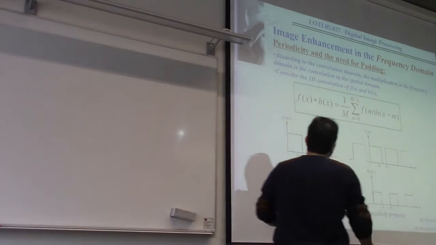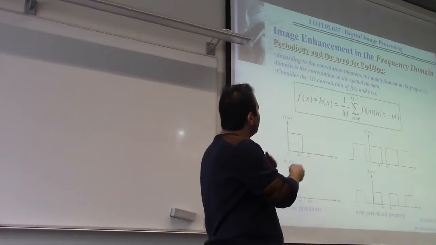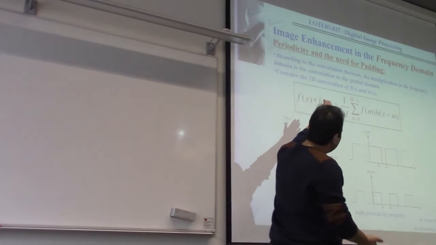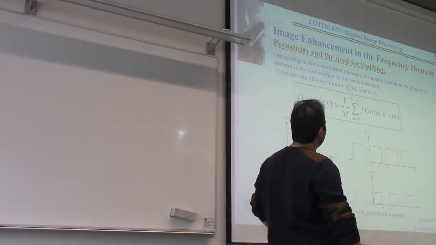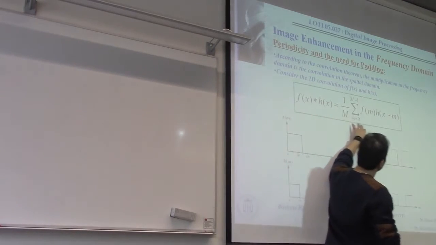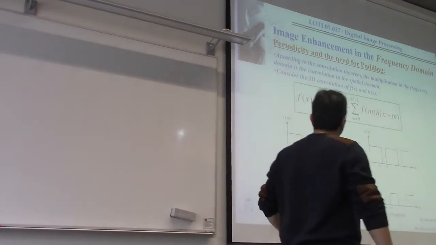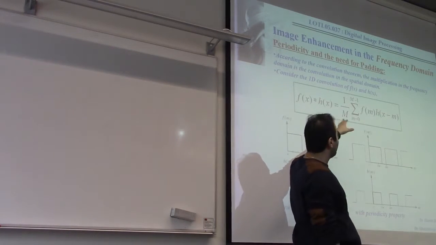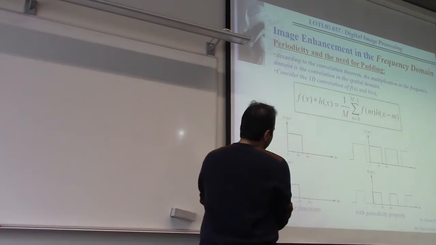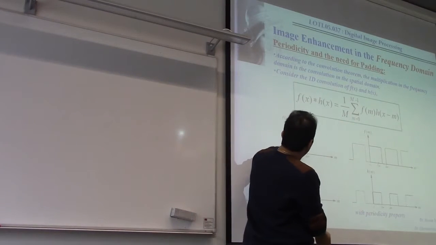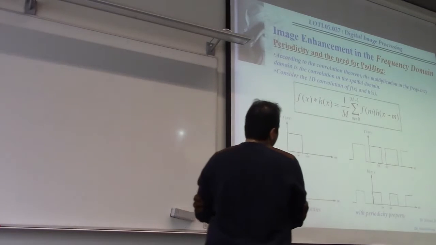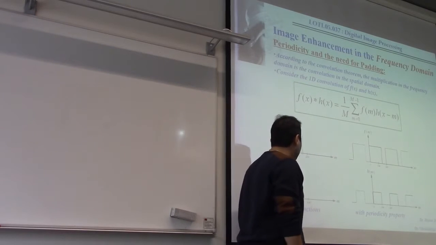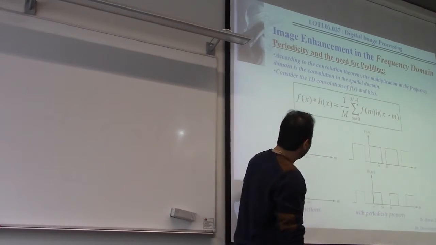But here, if we consider the convolution of f(x) in one dimension, it means that we are not in 2D, and it's not an image. It's a simple signal that is in 1D. As you remember, that was the convolution equation. If you want to find the convolution of an image with the kernel, you can use this equation. And this is an example. For example, you consider this one as a signal or a function that we have as the original,